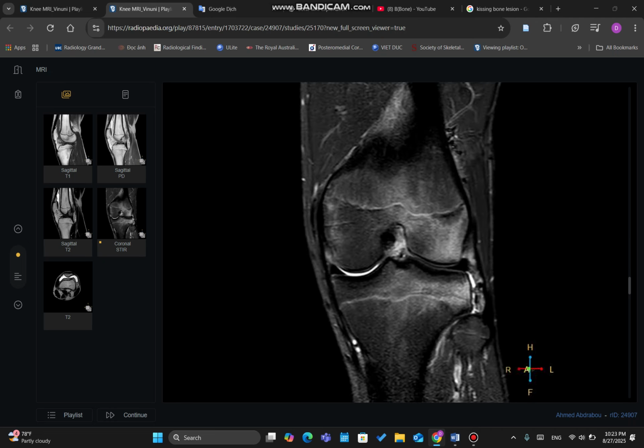Okay, that's all about the meniscus. Let's move on to the second type of cartilage in the knee joint, which is hyaline cartilage or surface cartilage of the knee joint. Normally, in order to prevent the